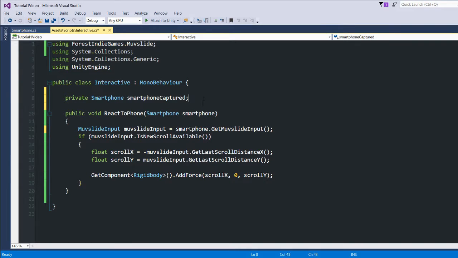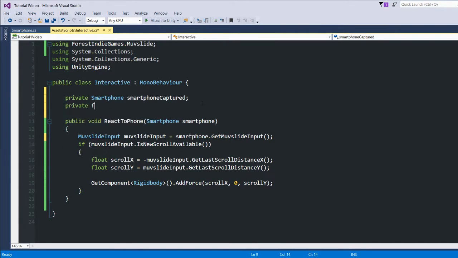We also need a way to release the smartphone. So I'm going to put a new variable here called time since last scroll. It's very similar to what we did before. We're going to check if I gave some time to the smartphone to get released. Okay,